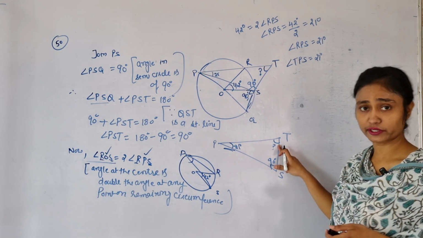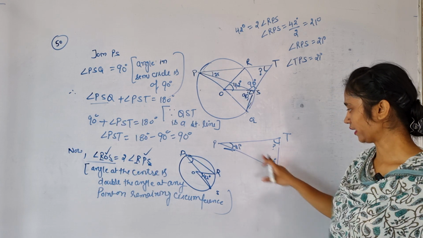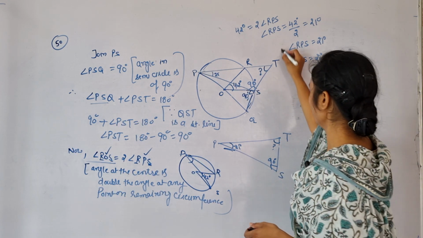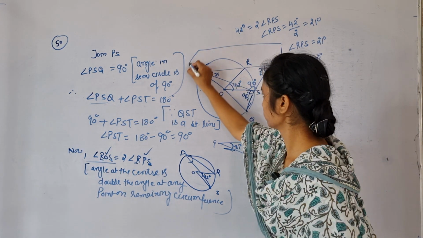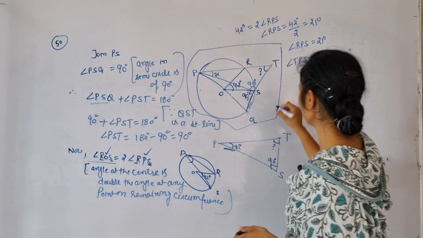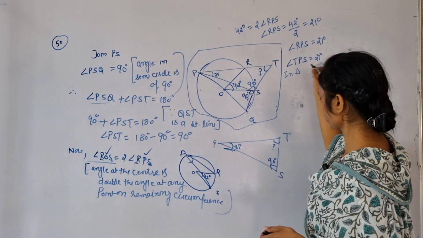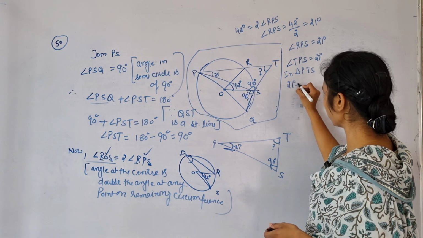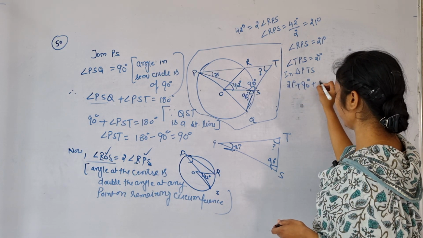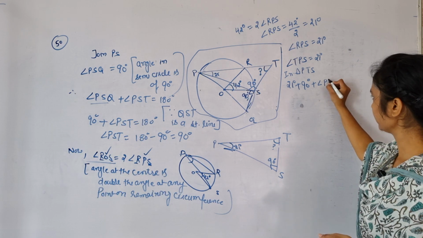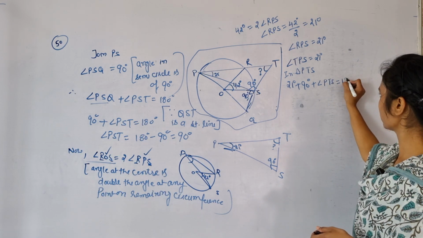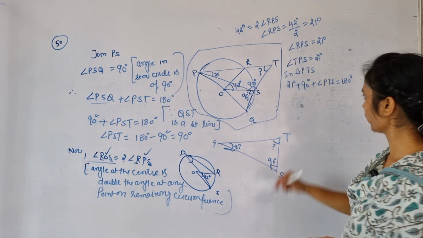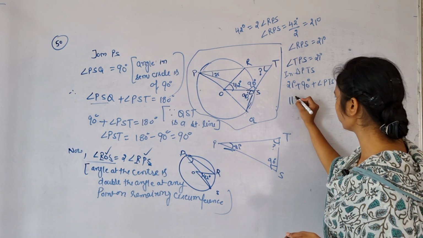Now we can calculate this very easily. दो एंगल्स पता है, थर्ड एंगल you can calculate. Okay, this is a figure. So in triangle PTS, 21 degree plus 90 degree plus angle PTS is equal to 180 degree. Okay, so it will be equal to 111